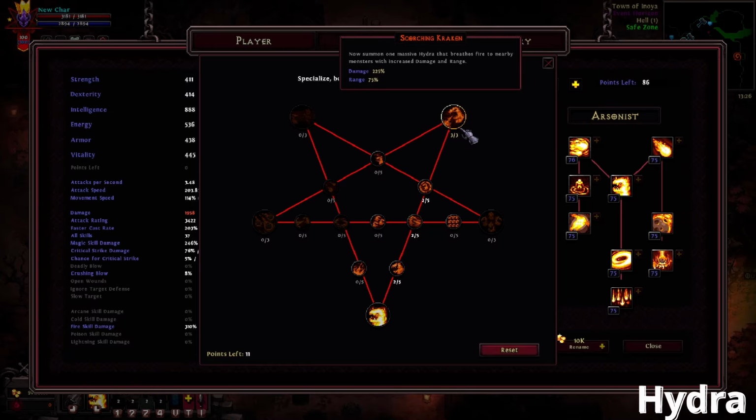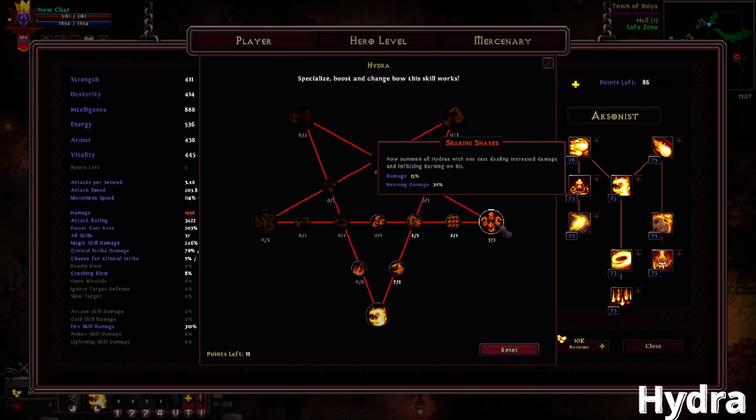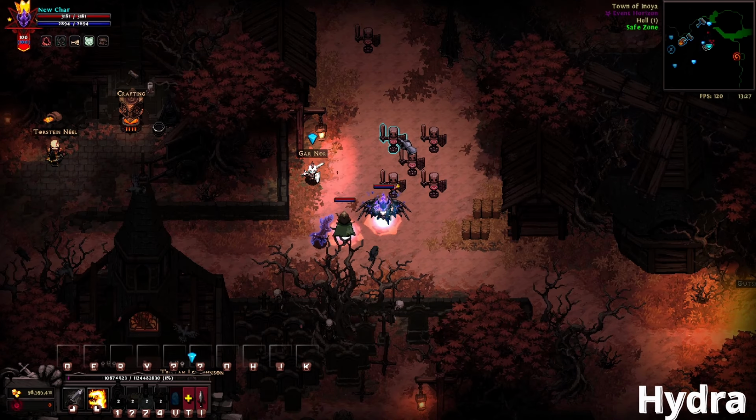Scorching Kraken. Now summon one massive Hydra that breathes fire to nearby monsters with increased damage. And Sneering Snakes. Now summon all Hydras with one cast, dealing increased damage and inflicting burning on hit. So if I go for the max Hydra count,